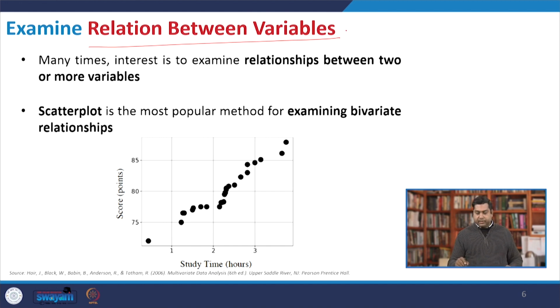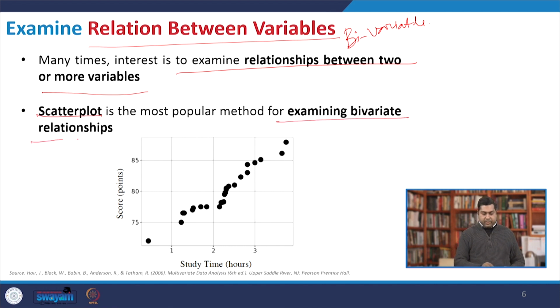So, then it is your bivariate. Many times there is interest to examine the relationship between two or more variables. Scatter plot is one such graphical representation which can examine the bivariate relationship. Here you have the y axis as score and the x axis as